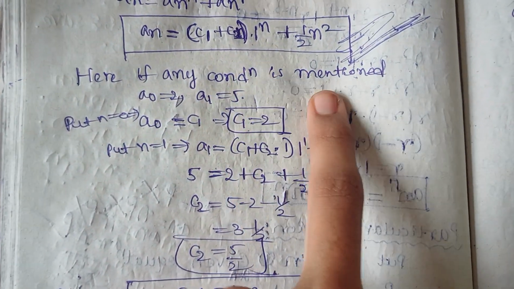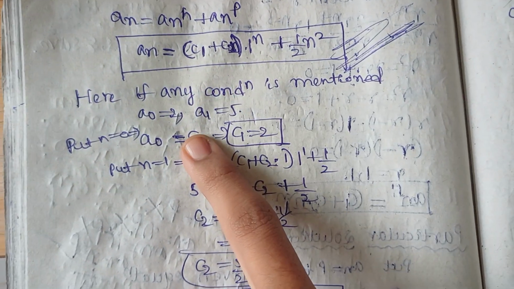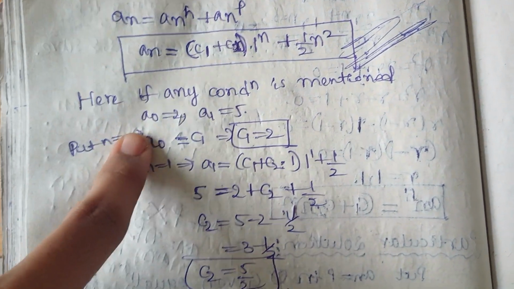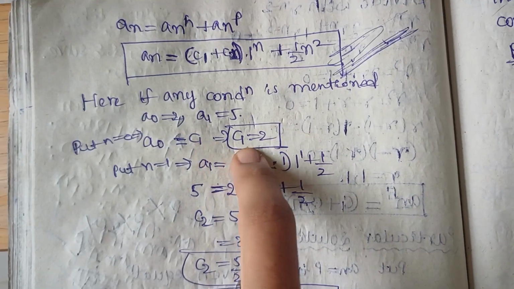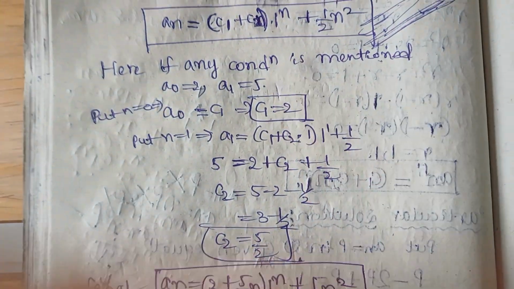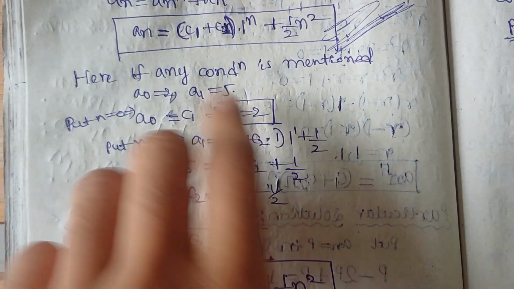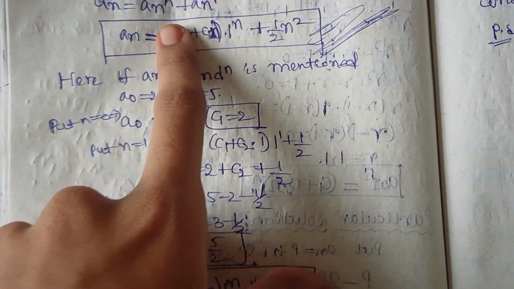That is, here if any condition is mentioned, for suppose, let us suppose they have mentioned a naught equal to 2 and a1 equal to 5, then on comparing this we get the n value as 0. So substitute the n value of 0 in the entire equation, then you will get the value of c1, and then substitute n is equal to 1 since they have given you the value of a1. So on substituting a1, in the place of n you have to place 1,